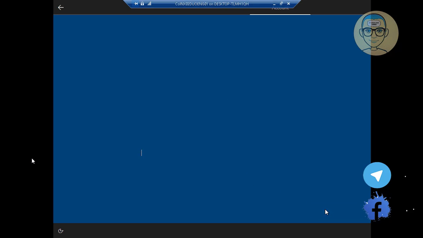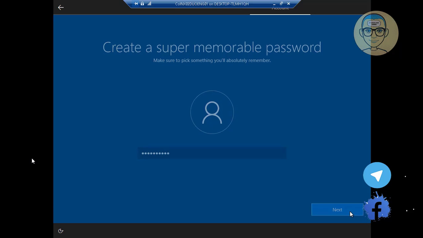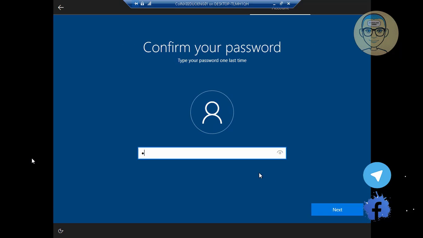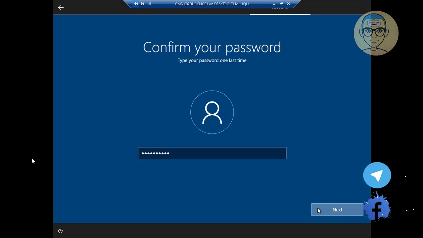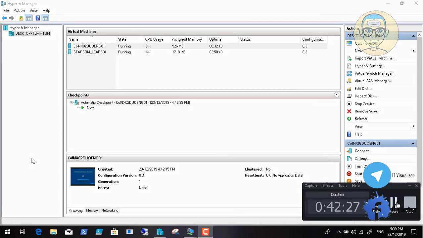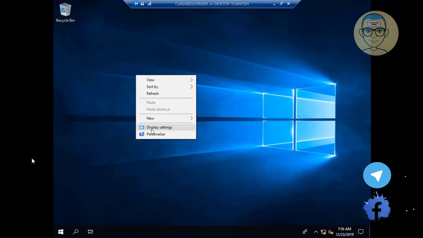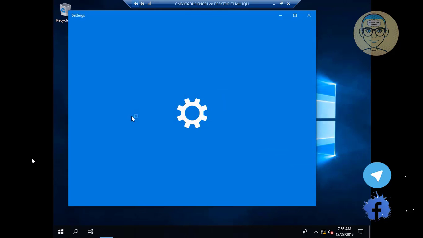and then next. Then you put a password and confirm the password. And these are the secret questions that will be asked. If you forgot the password and you need to retrieve it, you need to answer 3 secret questions, and if you provide the correct answers, it will give you the password. Okay, so now I'm just